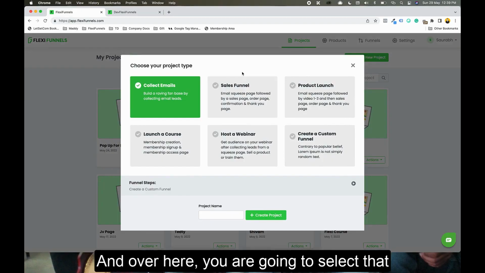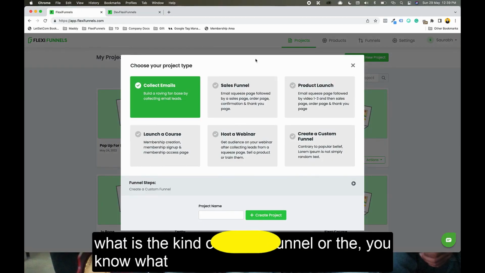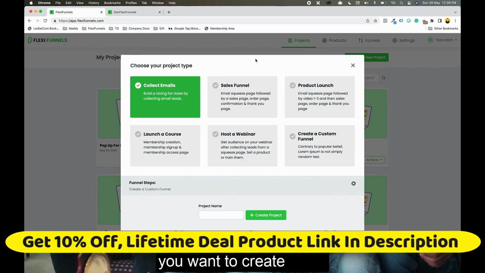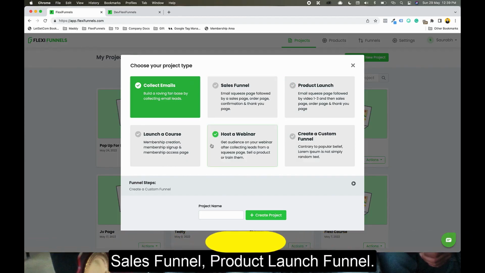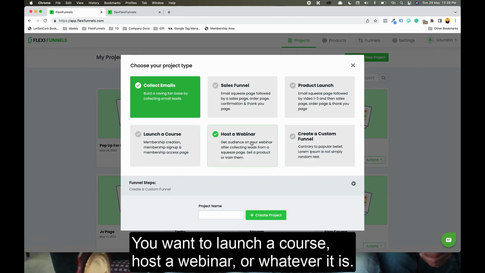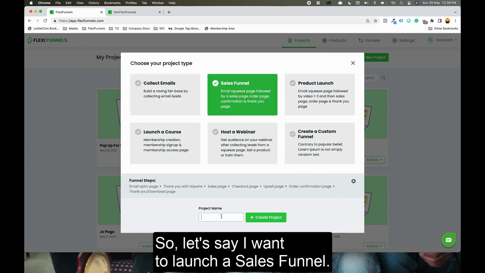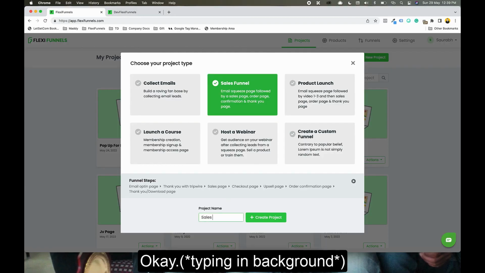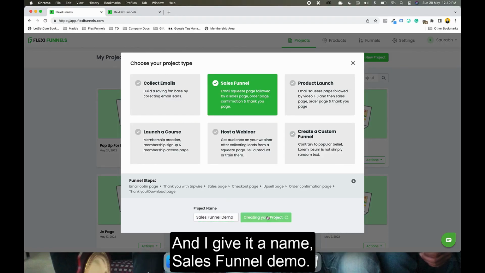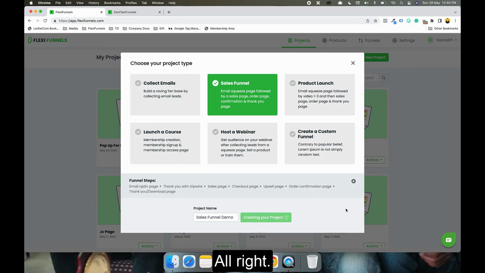All right, and over here you are going to select what is the kind of funnel that you want to create right now. Let's say you want to create an opt-in funnel, sales funnel, product launch funnel, you want to launch a course, host a webinar, or whatever it is. So let's say I want to launch a sales funnel. Okay, and I give it a name, sales funnel demo. All right,